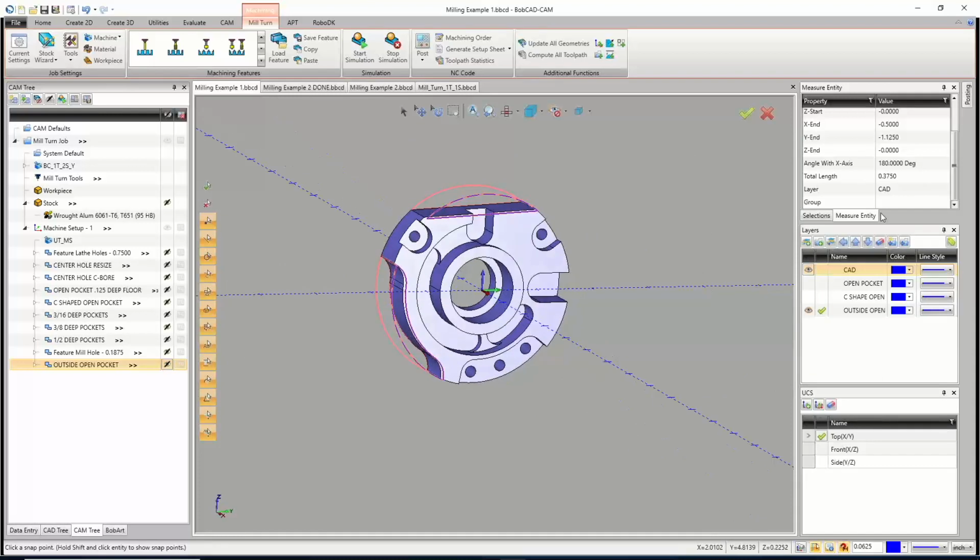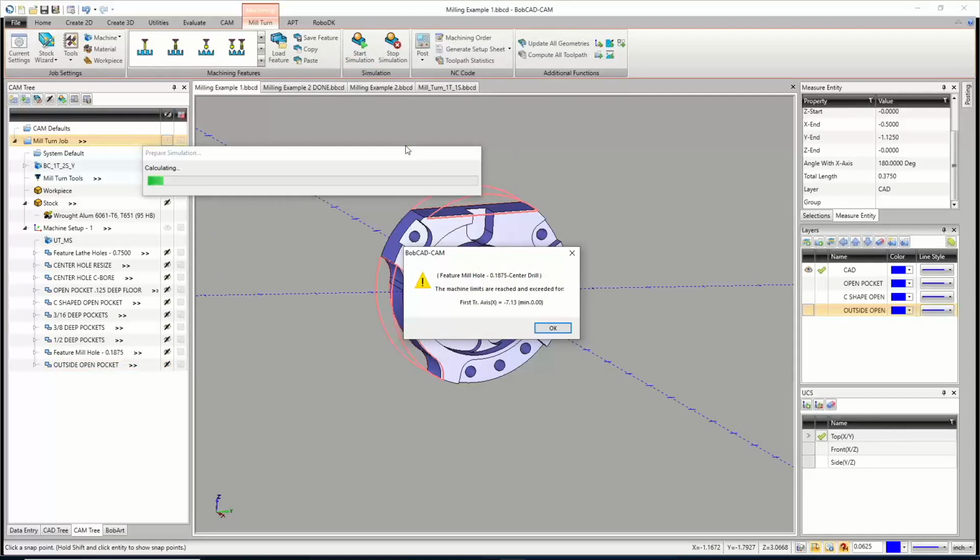Now, when we launch our simulation, a lot of people know this, a lot might not know this though. If the solid model is turned on, it will automatically, no matter if you have a workpiece selected or not, show up inside the simulation. If you have a workpiece or a solid model turned on, it will take longer to load the simulation because it's loading in a copy of our solid model here. So I'm just going to go ahead and say start simulation and cross my fingers that I don't get any